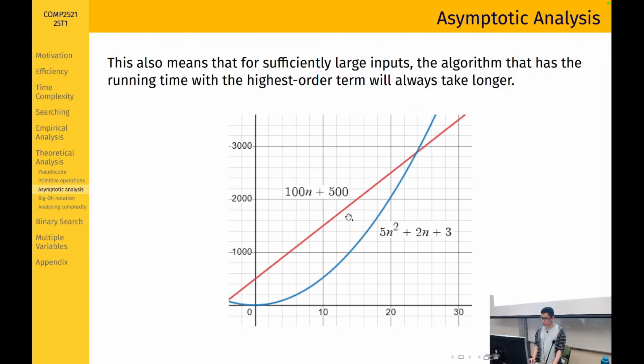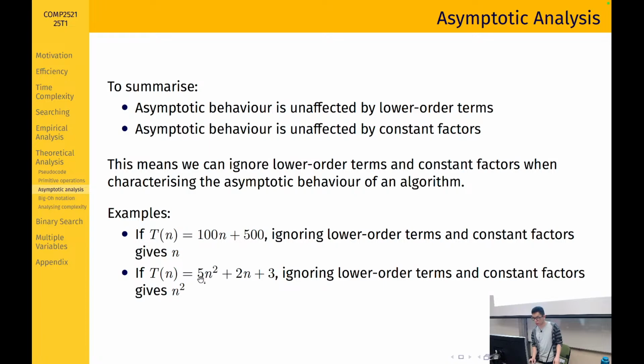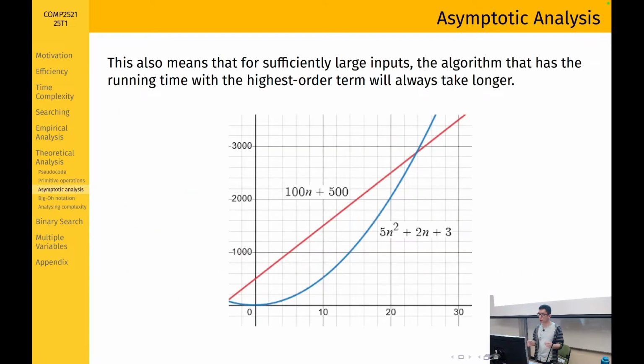What this is saying is that the algorithm with the highest order term, n squared here, is always going to take longer